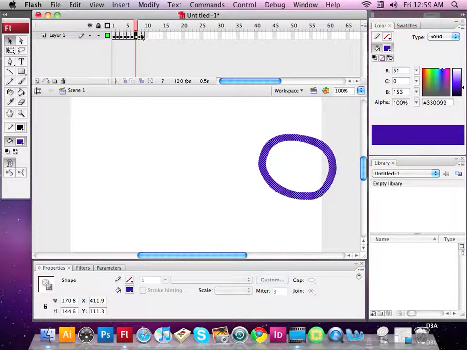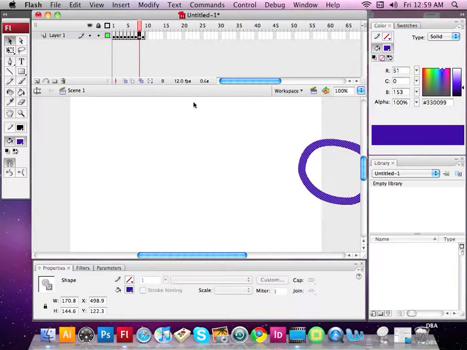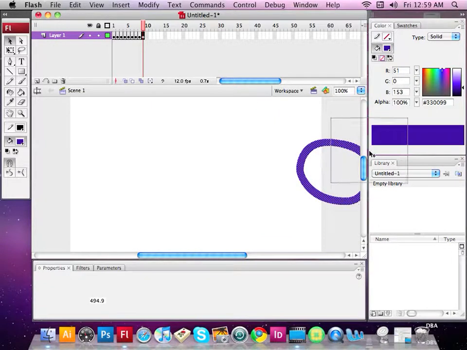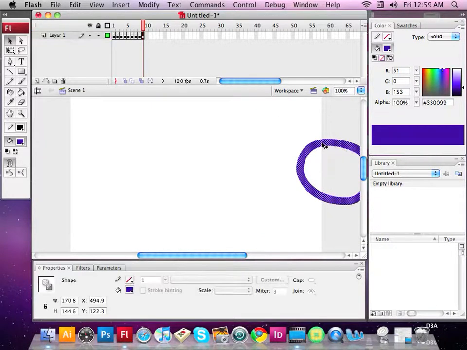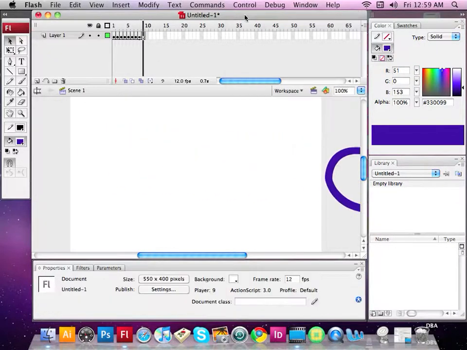Now of course I have to take the next frame and do the same, and then the next frame and do the same. And now you can see that we've created an animation here. So let's go ahead and play this animation. I'm going to go to the control menu, play, and you can see we have a nice little animation that we've done step by step or frame by frame animation, also known as